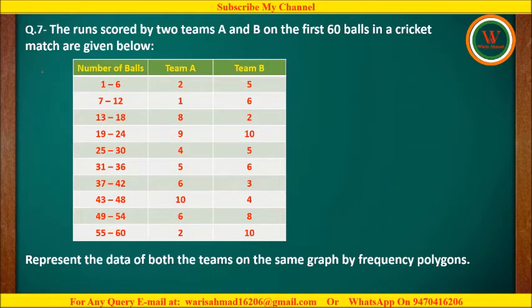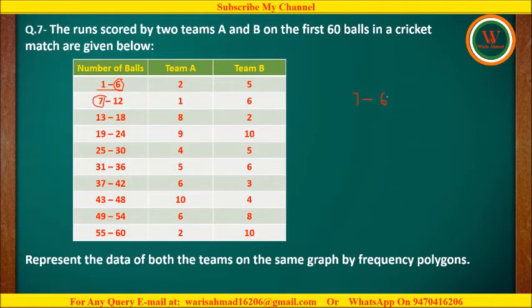From this class interval, we can observe that the given class intervals are in the inclusive form. Just now in the previous question, we also observed the given data were in the inclusive form. So the very first thing is that we will convert all this data into the exclusive form. How to convert it into the exclusive form? We can select any one class interval. Suppose I have selected the very first class interval whose upper limit is 6. So we can write here 6. Now from the next class interval, we have to select the lower limit of the class, that is 7. So we can write here 7.